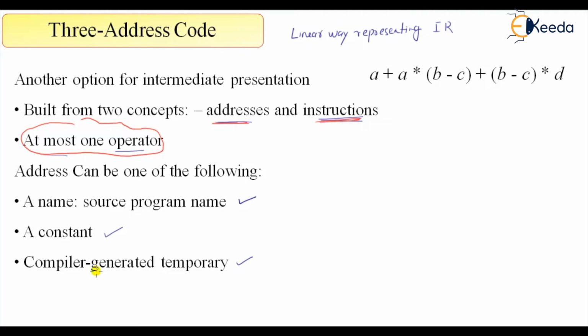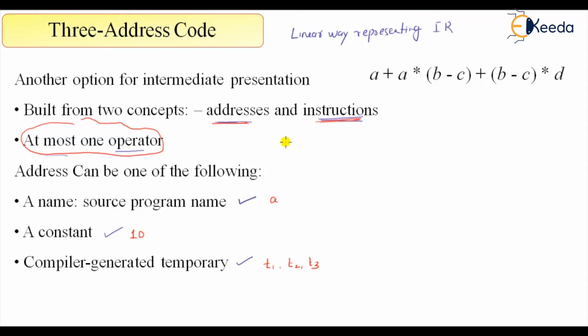type of thing. And here an address can be a name of a variable, suppose a is the name of the variable, it can be 10 as a constant value, or it can be a compiler generated temporary t1, t2, t3, those which arise because of that. So let's see the simplest form of this 3 address code, that is